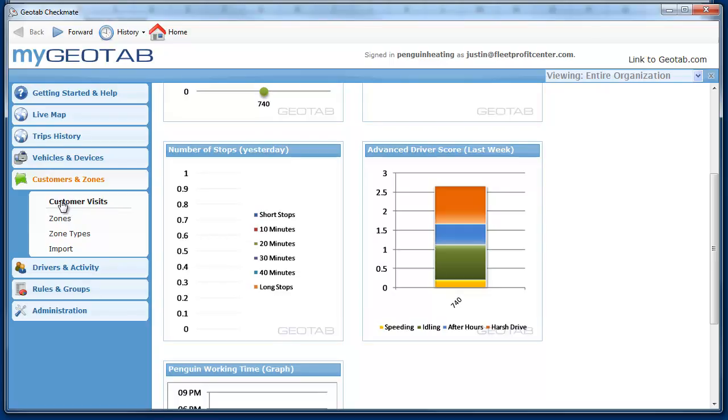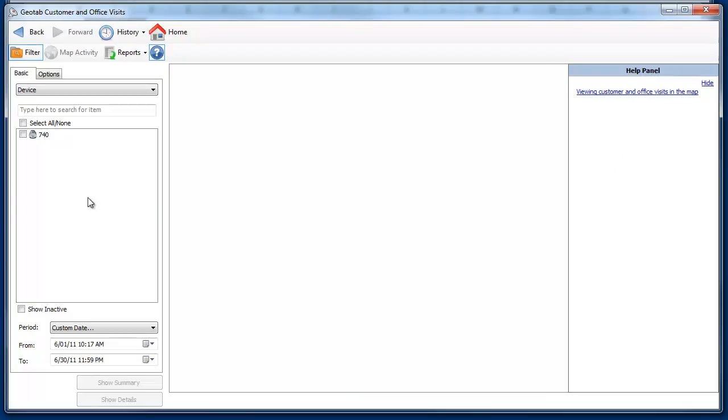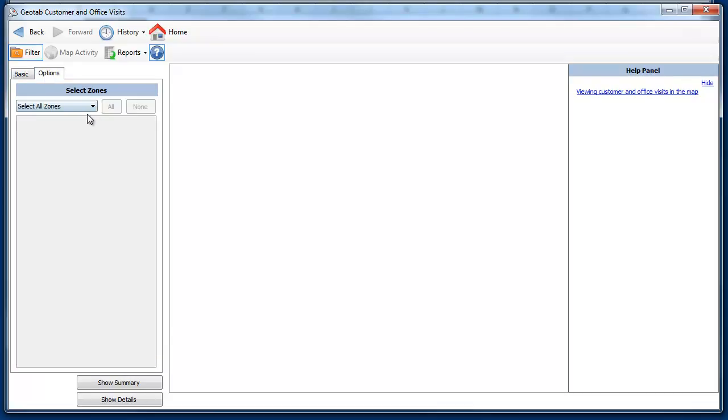So again, we're going into the customer visit report. And just a reminder, even though you don't necessarily define all of these zones as customers, the report name is called customer visit, so that's why we go here. Now, same idea. We're checking our vehicle. We're checking off our period of time, so we still have the month selected here. So we're going to go into our options, and again we have our wholesalers subcategorized, so we'll go ahead and